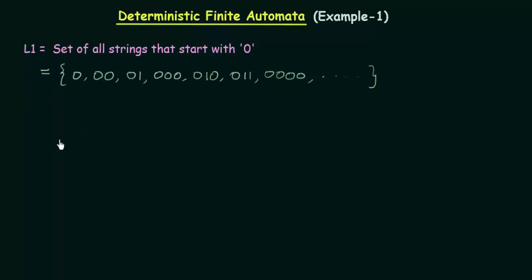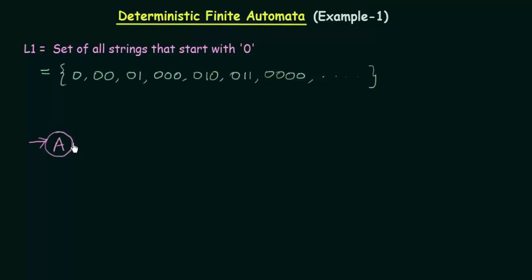Whenever you start a DFA, you should always start with a state, which is my initial state or start state. I already told you in the previous lecture that whenever you see an arrow coming from nowhere pointing to a state, that shows that it is the starting state. So A is my starting state. I'm starting with A.